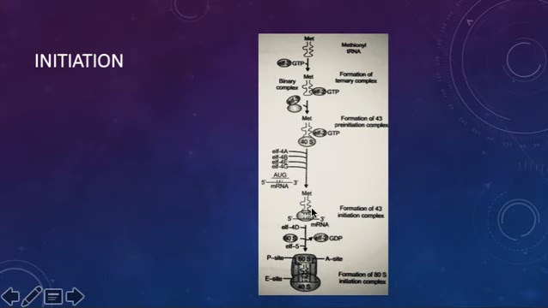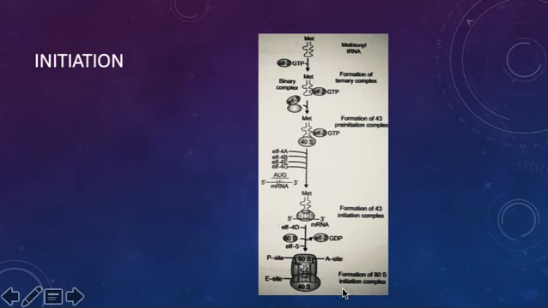So you can see the charged tRNA attached to the mRNA with the ribosomal unit, that is the 40S ribosomal unit, right? So here you can see the next stage, after formation of the 43S initiation complex, the 60S ribosomal unit also gets attached, right? And here you can see the P site and the A site, and the exit site you can see here. So this complex with the 60S ribosomal unit and 40S ribosomal unit forms the 80S initiation complex.